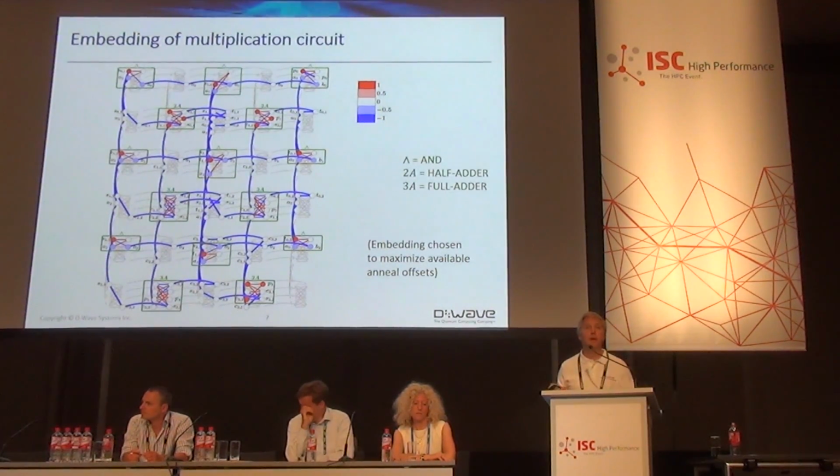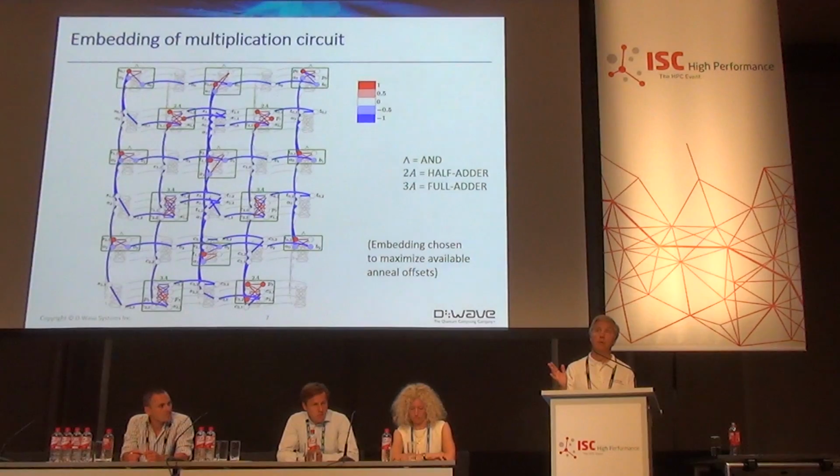And then the interesting thing about how we perform factoring is now that we have this multiplication circuit embedded in our chip, any ground state of this problem will be a valid multiplication. So in other words, if I'm multiplying two 4-bit integers to get an 8-bit integer, that would mean that 7 times 6 equals 42 is a valid ground state. 3 times 5 equals 15 is a valid ground state. All possible multiplies are equal energy, valid degenerate ground states of the Hamiltonian that we